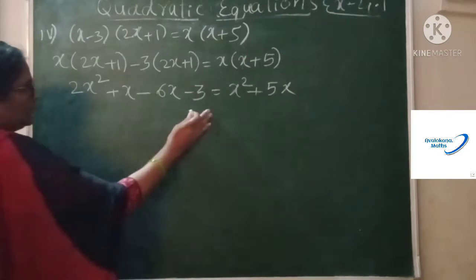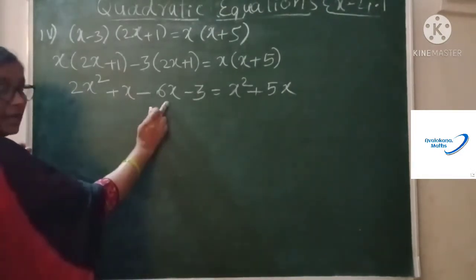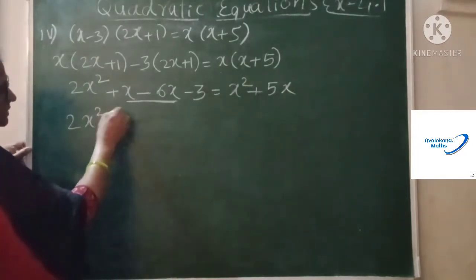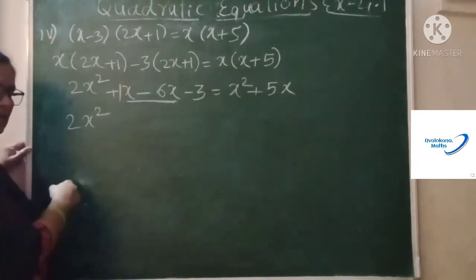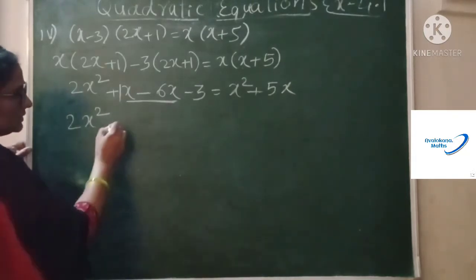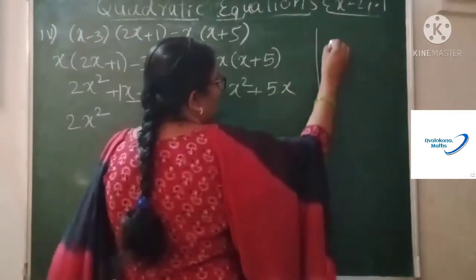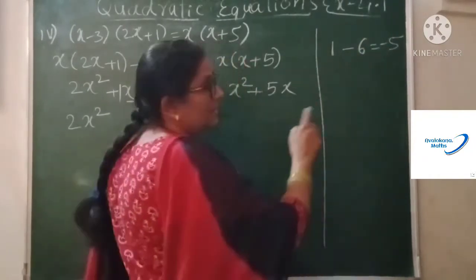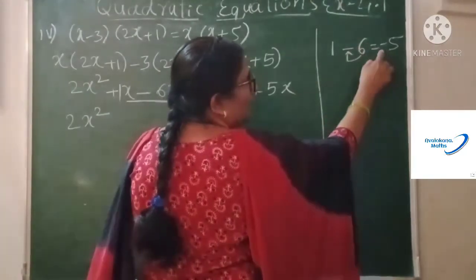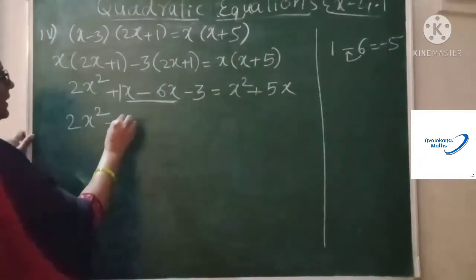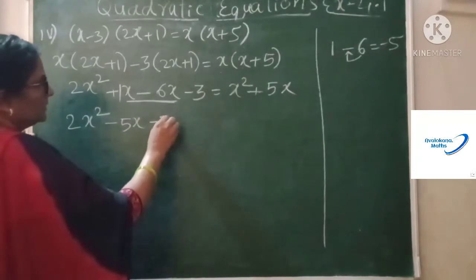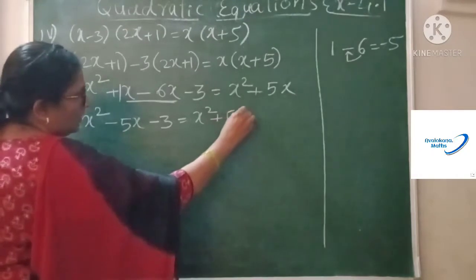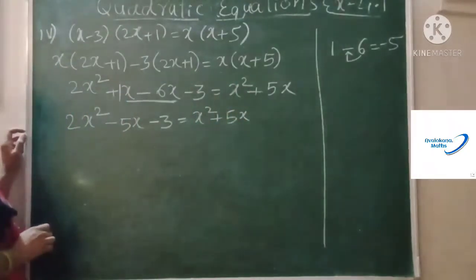Okay, now we will see the LHS part. What we have here, x square, x and x. We can simplify here first. So what we will do? 2x square, yes children, plus x, nothing means it is 1x, plus 1x minus 6x. What is this one here? Plus 1 minus 6, it is minus 5, plus and minus, the bigger number is having a minus sign, keep it minus. So what is here? Minus 5x children, this is minus 3. You can transform, but I will go step by step so that we can avoid the confusions we often get.